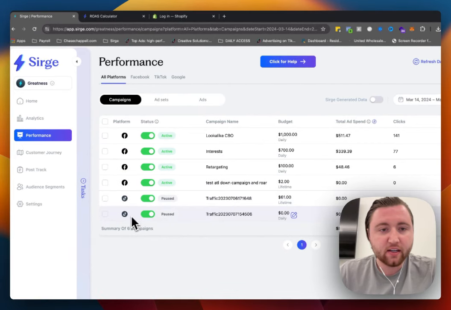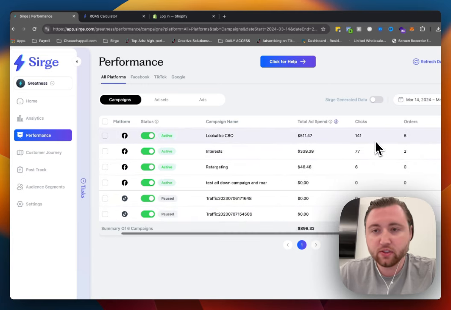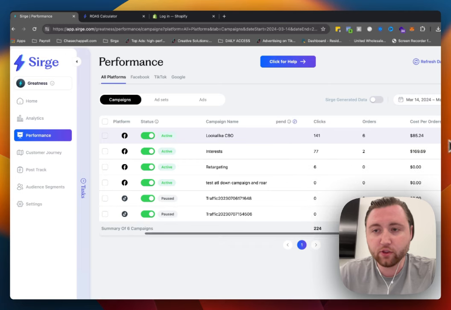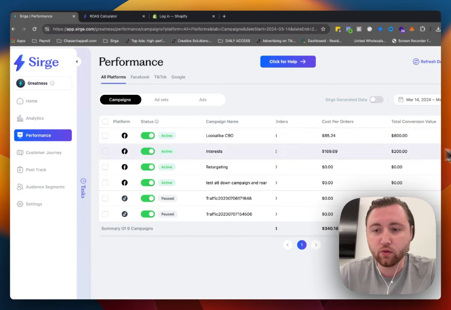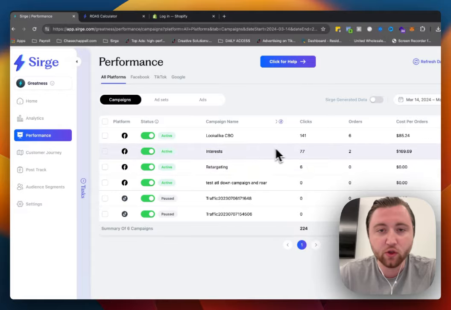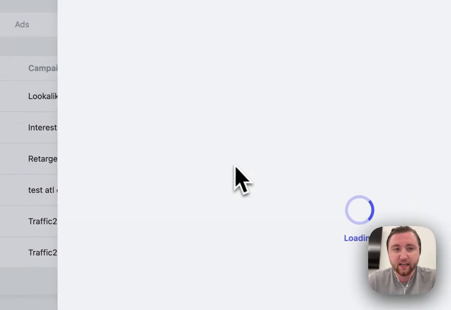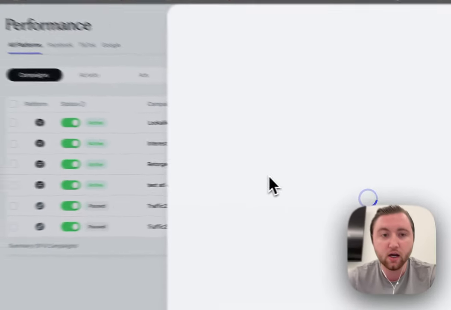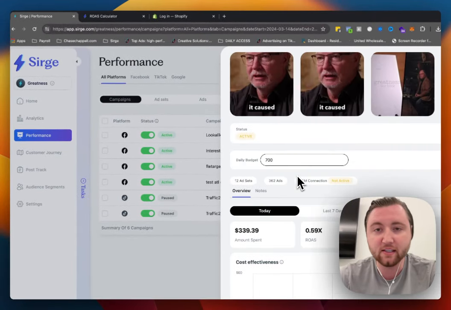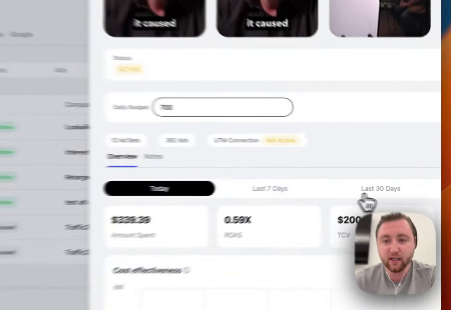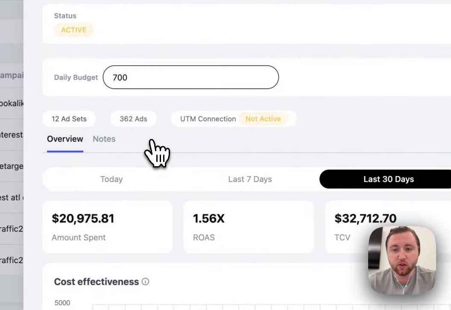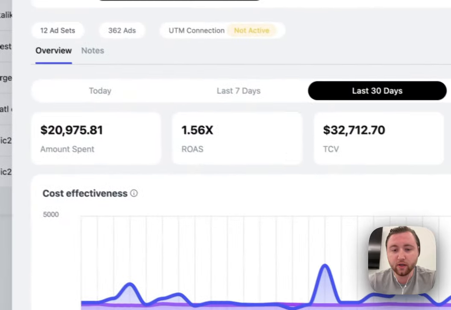So here we are inside of that dashboard. If you have TikTok and Google and Facebook connected, you would see all your campaigns, and you can see your data from your orders, the average cost per order, your conversion values, your ROAS, all in one location. You can even adjust your budgets inside of the platform and even turn off ads or turn on ads inside of Sirge. And by updating this daily budget, you can automatically apply it and actually see how your campaigns are